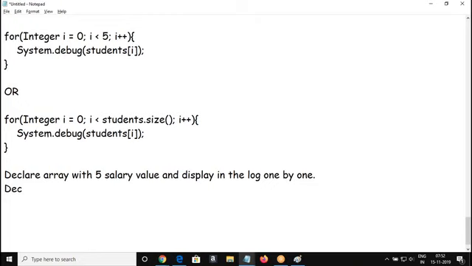Okay, so decimal salaries is equal to new, okay, some values here.